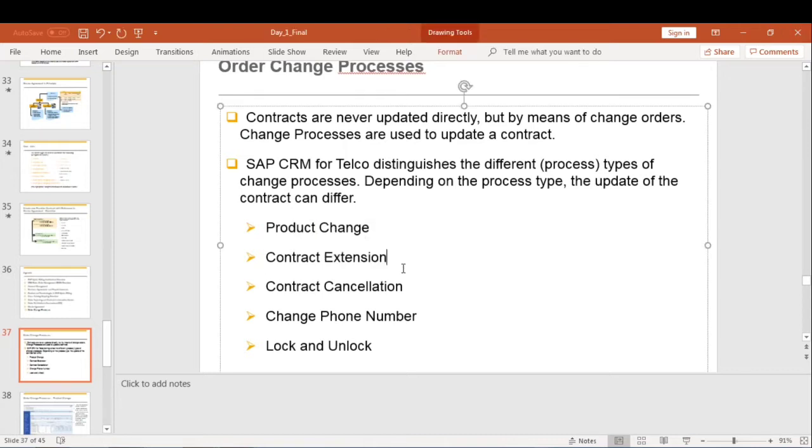Contract extension is when you have subscribed for the 299 plan, let's say, for 3 months, and you want to pay some more extra money and use it for 1 more month extra, not continuously subscribing. You just want to extend it by 1 more month. So you will pay some amount, not the complete 299, some amount, and that extension can be done in the CRM